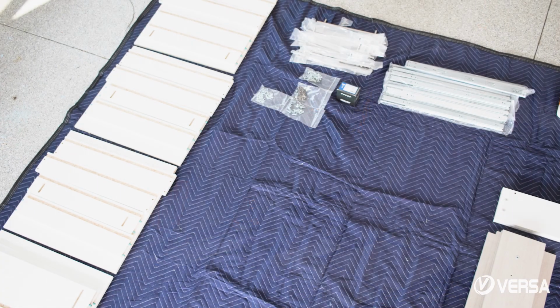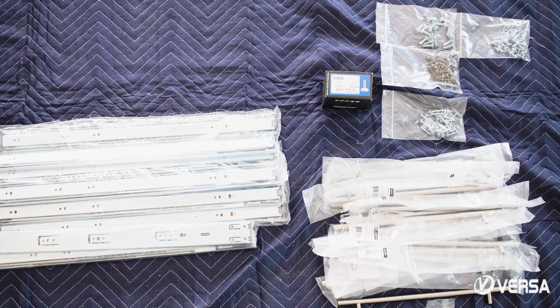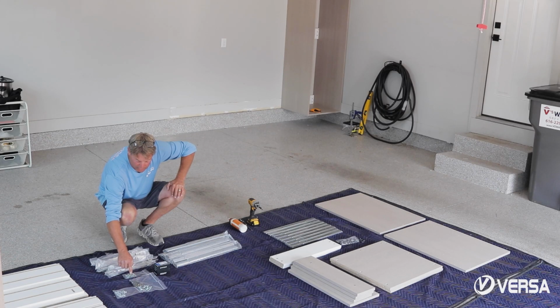We have three 4-inch drawers and one 8-inch drawer. We have the T-pull handles. We have the slides. We have our slides on the drawer screws. We have our slides on the cabinet side. We have our set bolts for the drawer faces, and then we have our permanent set screws for the drawer